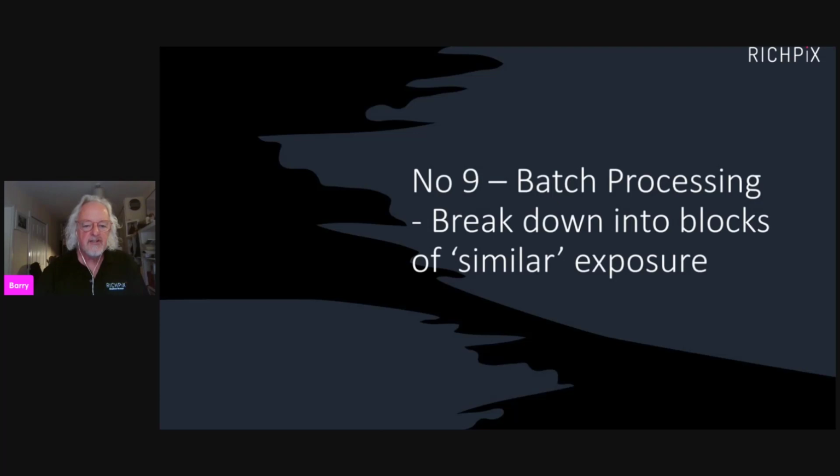Let's move on to number 8, batch processing. All these tools allow you to tag images, to color code them or star rate them. So one of the important processes is to look at the images and then to batch them into blocks of similar exposure, because the light will be changing. It's very difficult to apply a universal adjustment across all the images. You can, if it's a cloudy day and you're just trying to increase stuff,